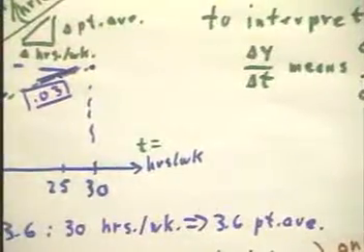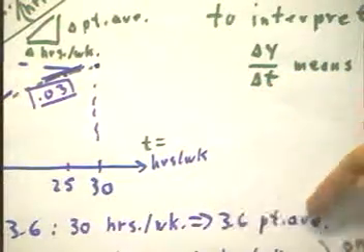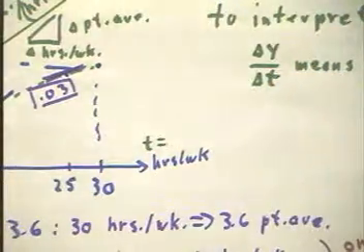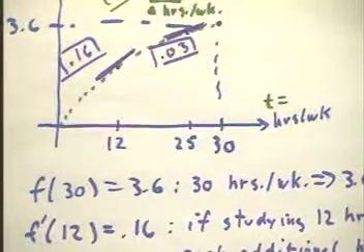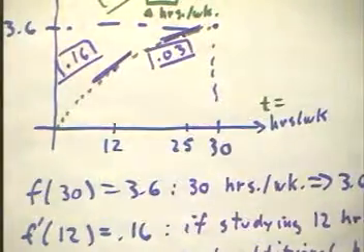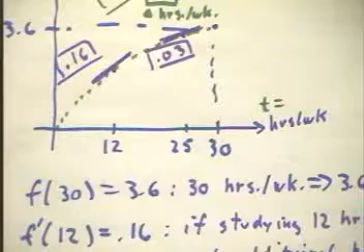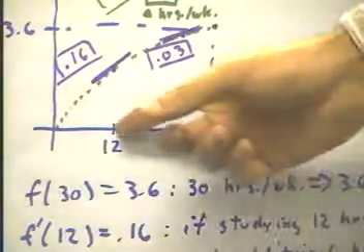Again, if we wanted to make a statement, we'd say something to the effect that 30 hours per week implies a point average of 3.6. And that's the meaning of the statement f of 30 equals 3.6. Now what about the statement f prime of 12 equals 0.16? We can indicate this information on the graph at